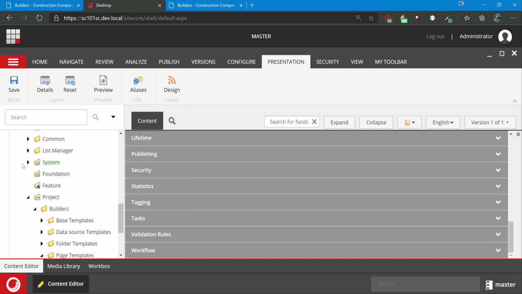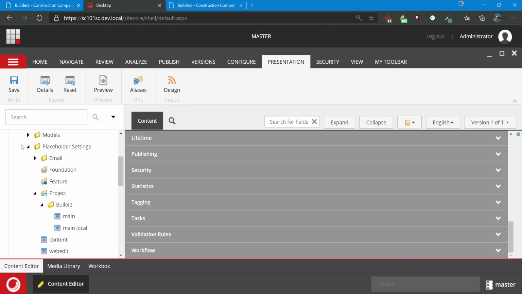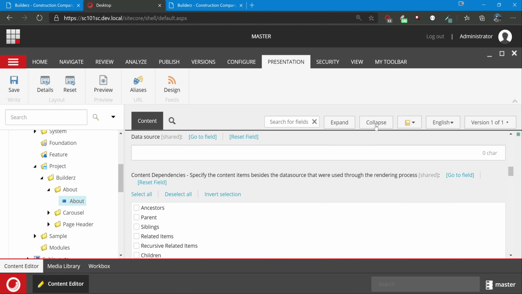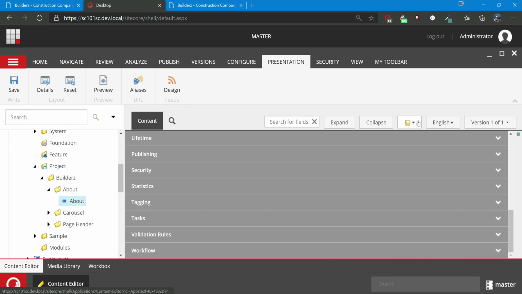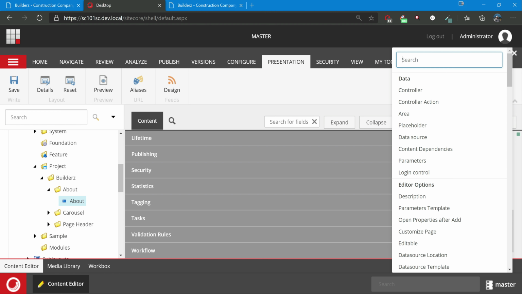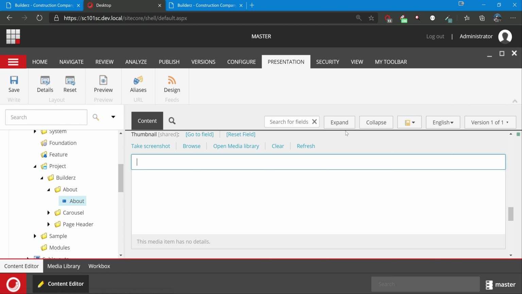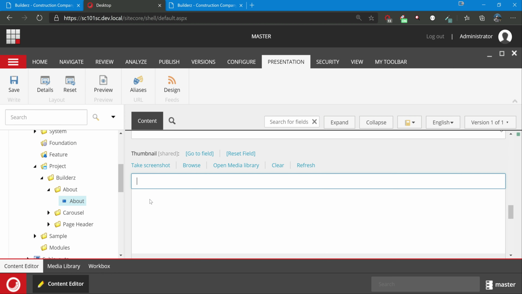Let's go to layout, and go to our renderings. So project and about. If you go here and collapse everything, you can search thumbnail. There is something called thumbnail. If we put a thumbnail here, that means it will show when we are trying to select the rendering there.